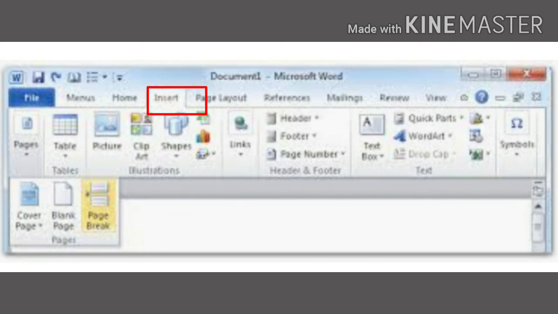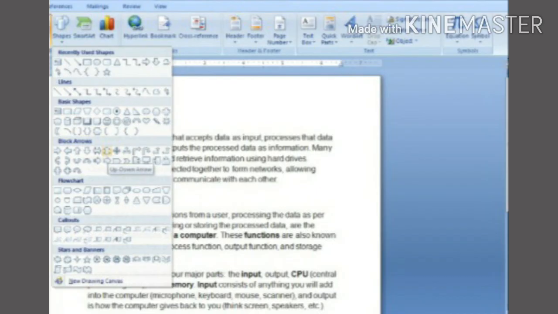First you have to click on the Insert tab and select the Shapes option from the Illustrations group. You can see here it is the Shapes option. Then click on any preferred shape from these. You can see many different shapes here. From that you can click on any shape that you want to insert.